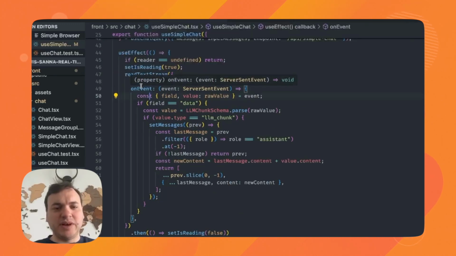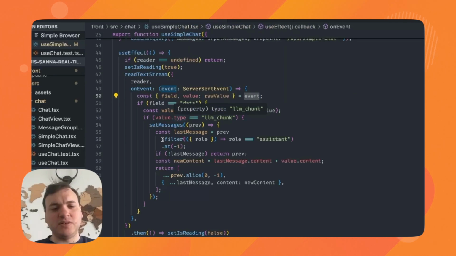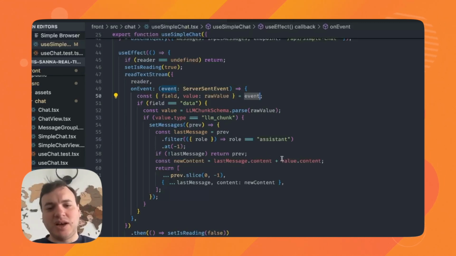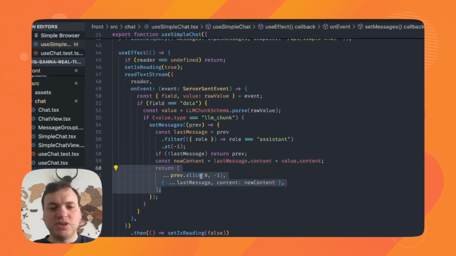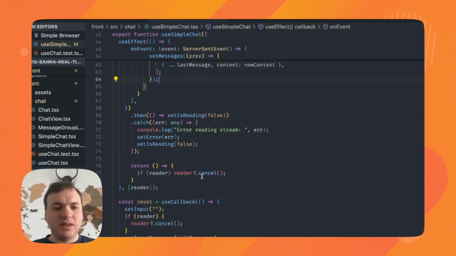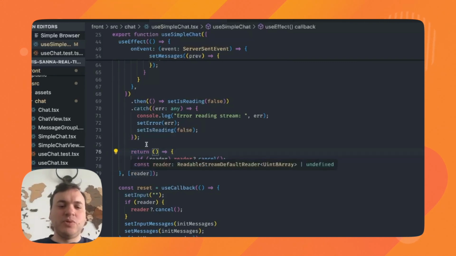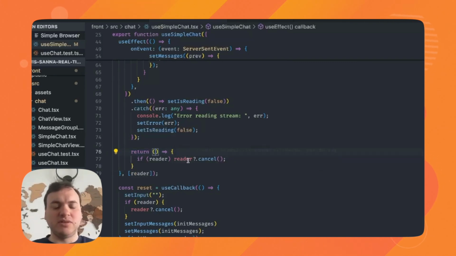And we pass a handler to the onEvent property, and anytime an event is passed, if it's a data event and an LLM chunk event, we update the messages. What do we do? We find the last message, which is an assistant message, and we add the chunk at the end of the content. And we simply need to make sure to indeed change the refs to preserve React immutability. And then there is still a little bit of work to be done. We need to update the states for isReading, isError, and so on as needed. And lastly, the cleanup. Should the component be destroyed mid-stream, we cancel the reader.